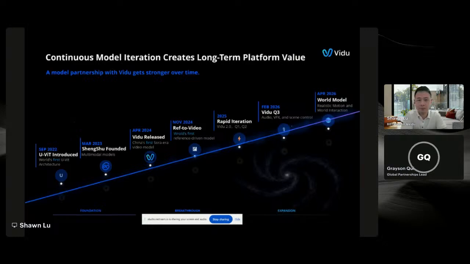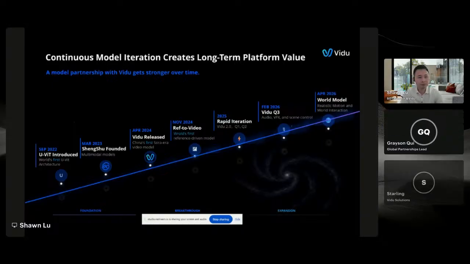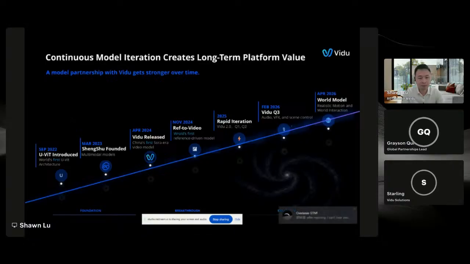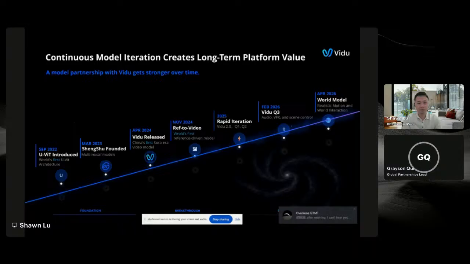So basically, we've been building our video models for quite some time, ever since Sora came out years ago. Just before that, we were actually founded, and from there, we actually launched China's first Sora era video model. And from there, we came out with a first concept towards the reference to video approach to video generation.